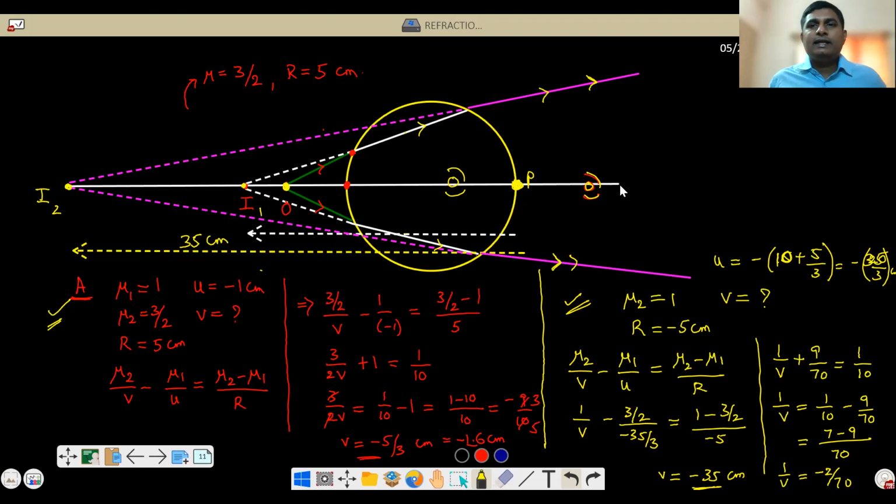This entire optics will be easy if you follow this method. Always start from the object, draw two incident rays, and then solve the problem, locate the image, then draw again refracted rays, which will become incident rays for the second surface. Then again apply the formula, calculate the image, locate the image, and then draw the ray diagram, and those rays will enter your eye. That is the final position of the image.